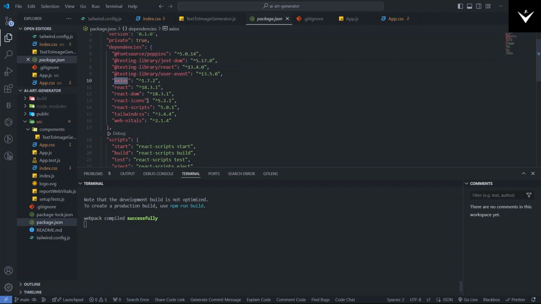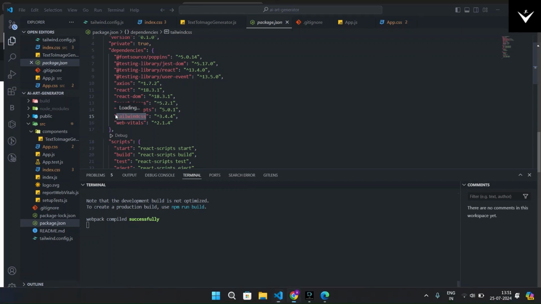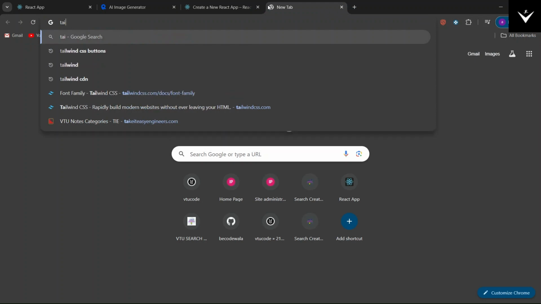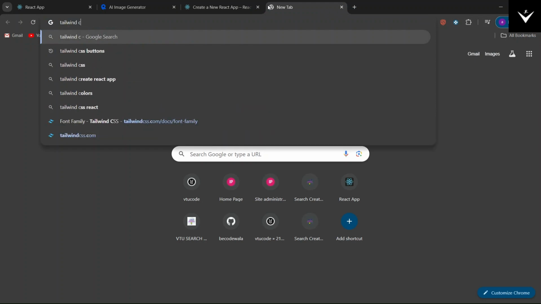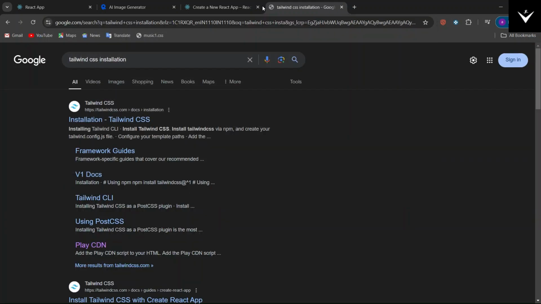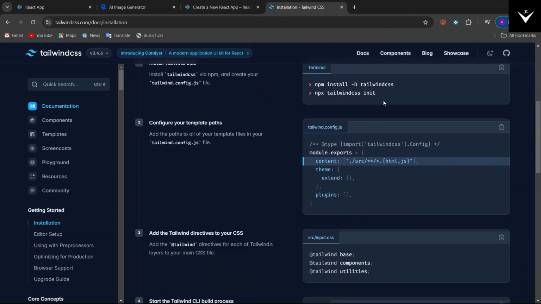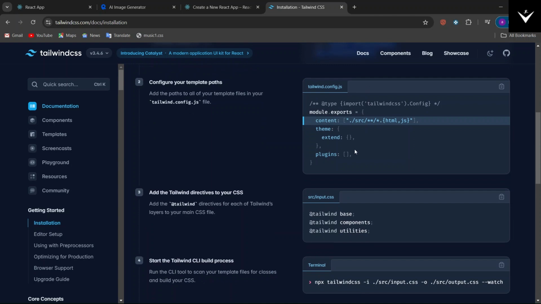And here we are installing React icons and Tailwind CSS. So how to install Tailwind CSS? Search for Tailwind CSS installation, go to the first link, and see the steps to set up our Tailwind